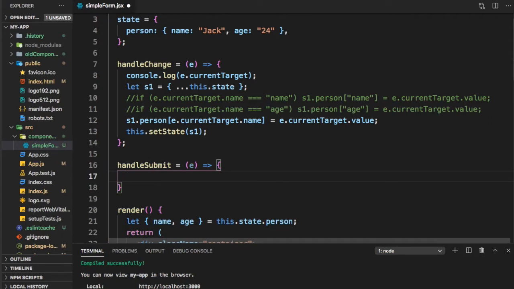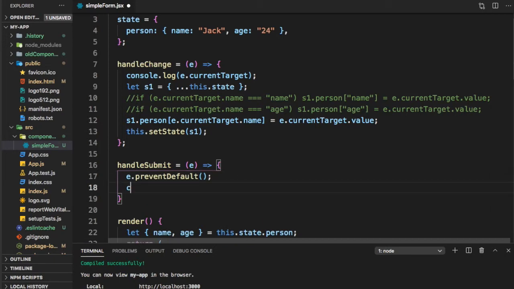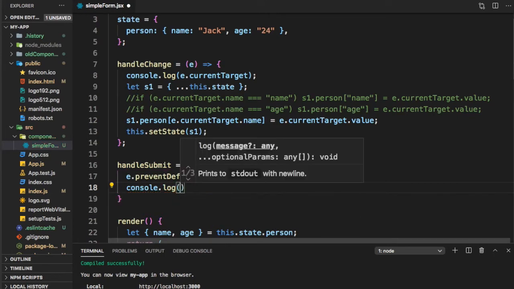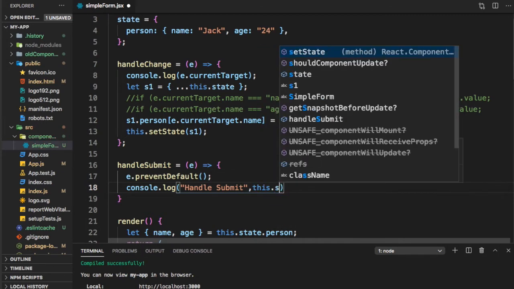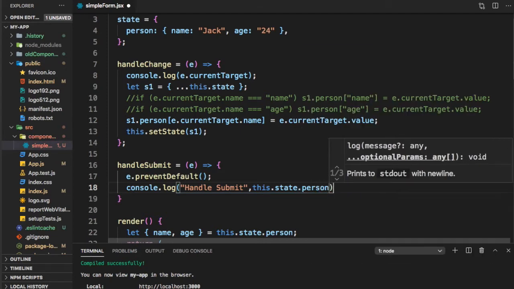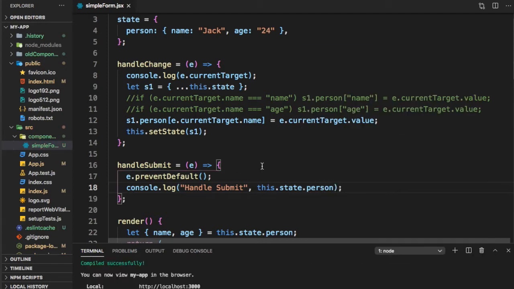Now one of the standard things we would do on a submit is e.preventDefault. Now why do we do this? In our handling here we do not need it, but typically if you have linked it to the submit of a form, that fires off a set of default processes. So to prevent that, we just use e.preventDefault, and here I will just do a console.log of handleSubmit, comma, e, this.state.person. So we will just log that person on the screen.